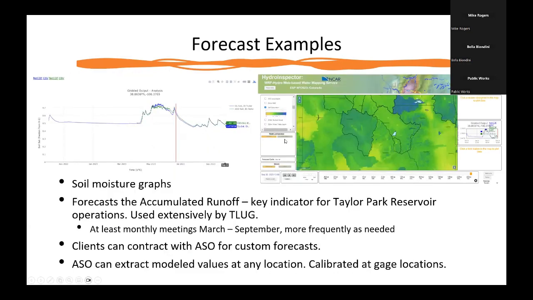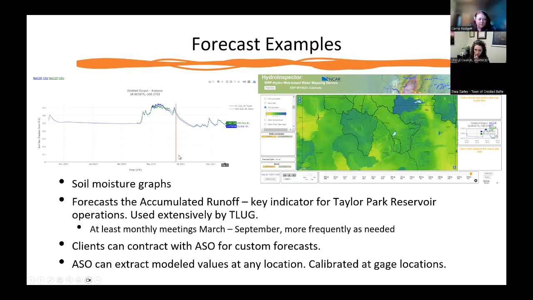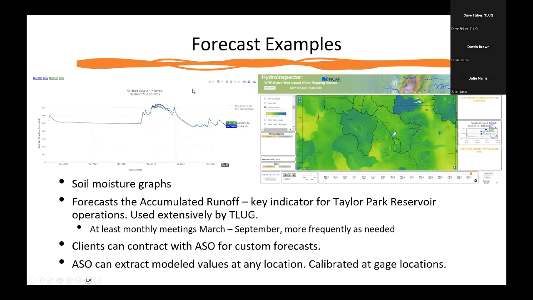Now I did want to zoom out just a little bit, because one of the things that this gridded product is looking at is the soil moisture, because that's definitely a key component of how much of the snow water equivalent actually gets translated into runoff. So these are some of the soil moisture graphs that his model can produce. But then the forecast is focused on that accumulated runoff, this key indicator for the Taylor Park Reservoir operations,